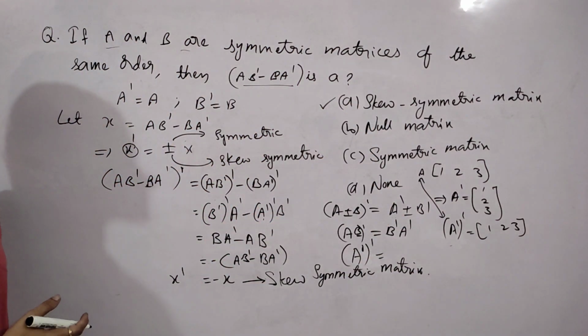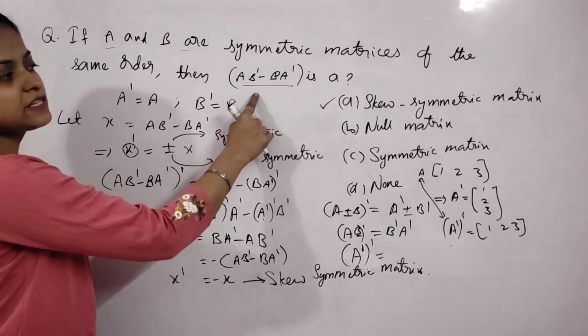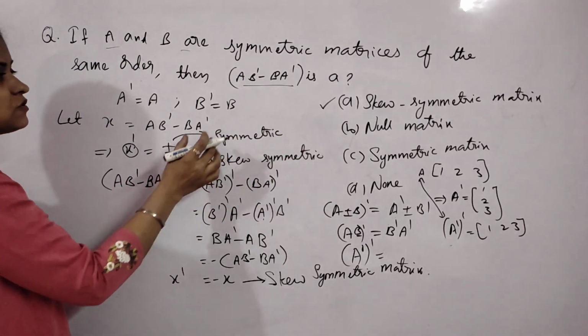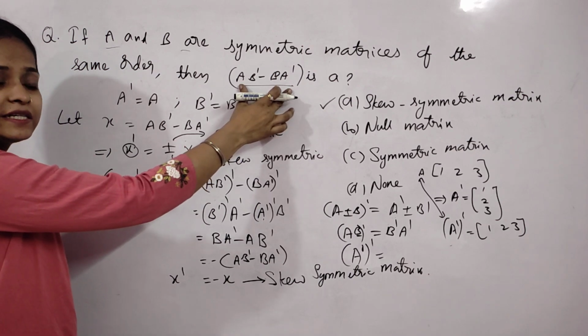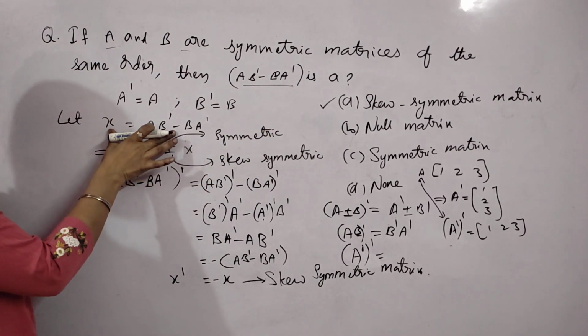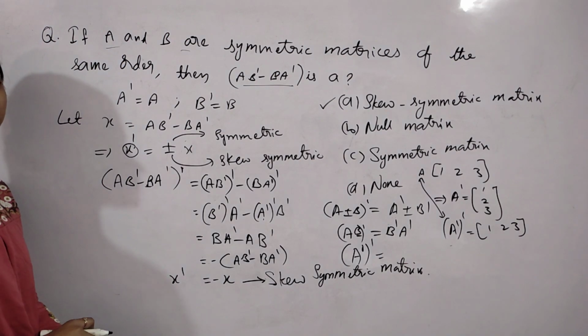So like this we can solve different types of questions. If they change this combination, then what you have to do is simply take whatever is given as X. Then it will be easier to solve, without any confusion in the question.